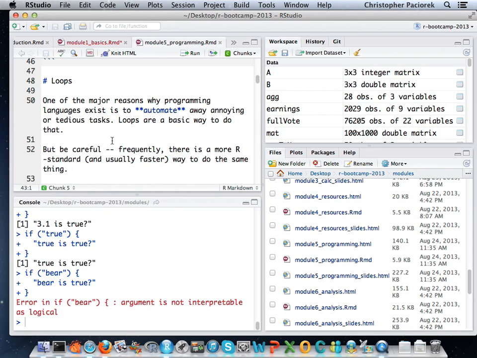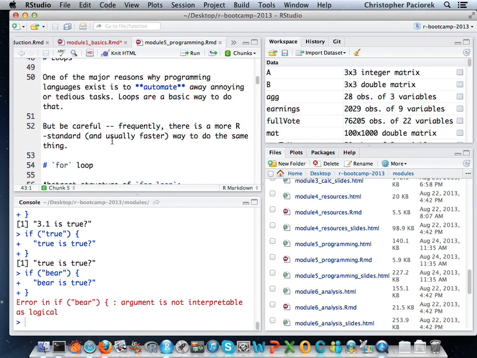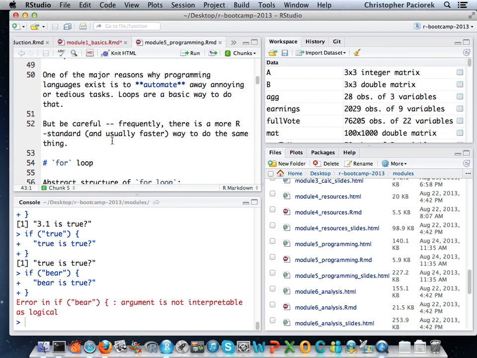I kind of come into this from the programming side, and so I'm this dumb guy that's always trying to write a loop and then realizing after the fact that you can do it smarter in a vectorized way. So I'm going to dangerously teach you how to use loops here. Of course, programming languages exist, and computers exist because computers are much better at doing lots of boring stuff than humans are. And that's kind of what a loop represents. It's do this boring thing many, many times.